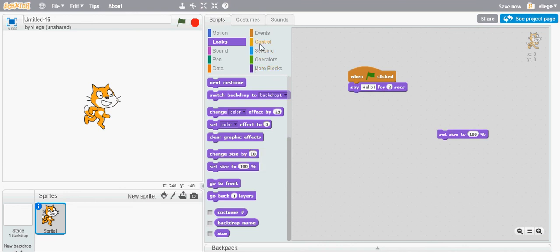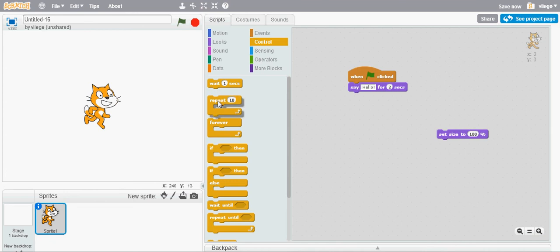Now go to the control block category, and let's drag and drop the repeat 10 times block to the scripts area. Let's drag and drop it again, so we will have 2 repeat blocks. Let's snap it underneath the say hello for 2 seconds block, and let's snap the set size to 100% block in the first repeat block,